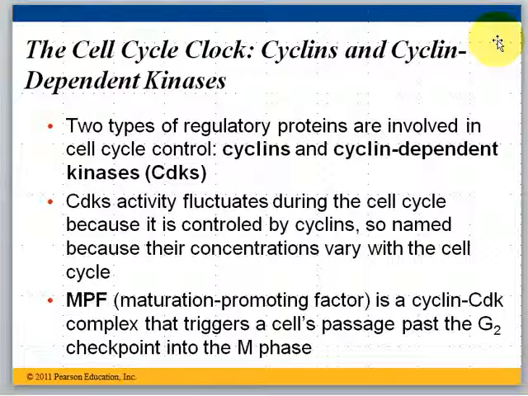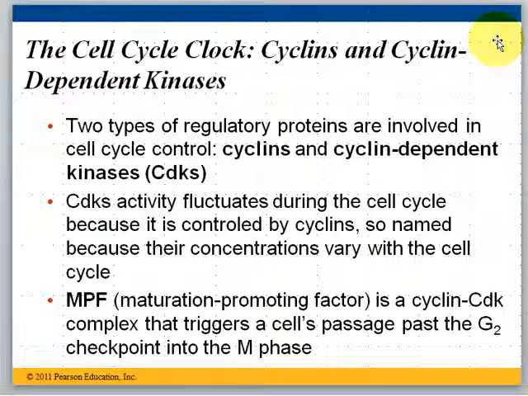Cyclins are called cyclins because they tend to go through a cyclical concentration. These are a type of protein that at certain times within the cell the amount of them is high, and at other times the amount is low, and they fluctuate with the cell cycle. So they're called cyclins because the population density of these proteins goes up and down and up and down.